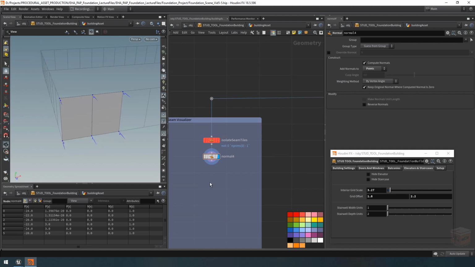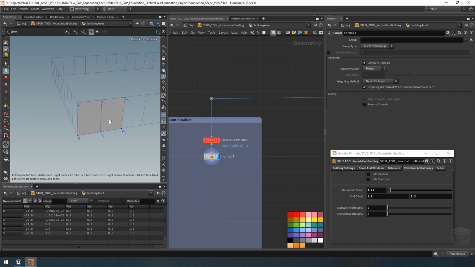Now there are a couple of different methods in which we can go ahead and extract that one point here. We could use just a blast node and try to grab just point 1. Of course, that might break because I'm not 100% certain if point 1 will always be in the center of our tile here. I mean, you can see that number 4, 3, and 5 at the top aren't quite aligned. So instead of taking that risk and having some kind of situation where our building is a different shape, our tiles are in a different place, and suddenly our numbering is different, I'm instead going to use a more robust